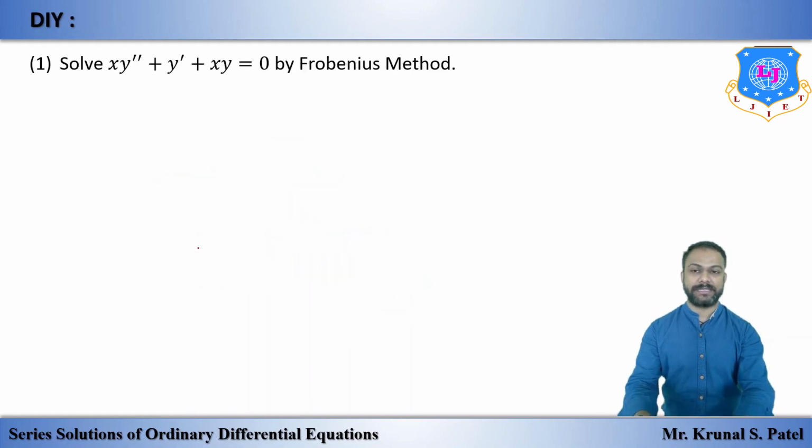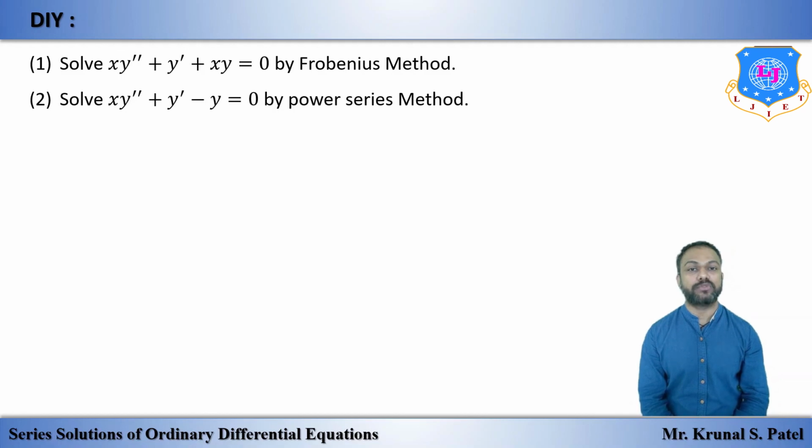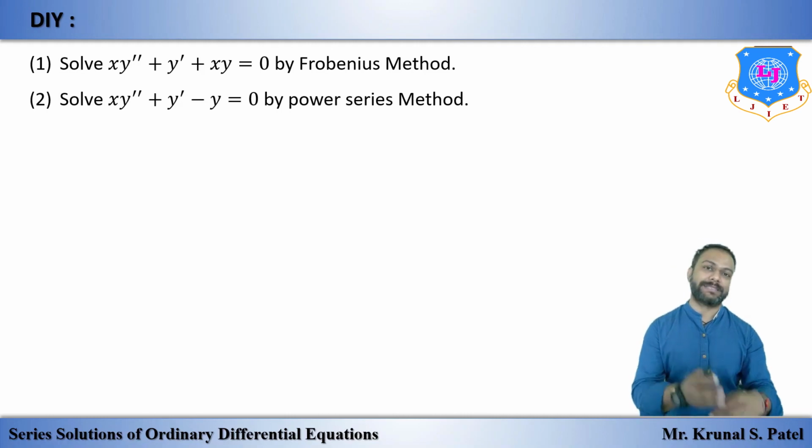And in a similar way, we have this as a DIY that you have to solve by yourself. Try to solve this example so you can understand case number 3 better. So in sequence you have to try each and every example. If you try singularities of differential equations, you can understand how to find the ordinary point, singular point and regular singular point, so you can solve the series solution near an ordinary point. If you practice for ordinary points, you can understand the Frobenius method. In the Frobenius method, if you practice case number 1, case number 2 becomes easier for you, and if you practice case number 2, case 3 is